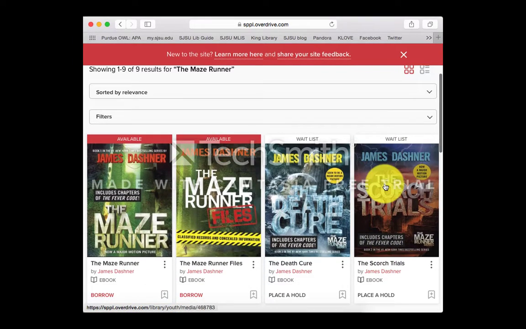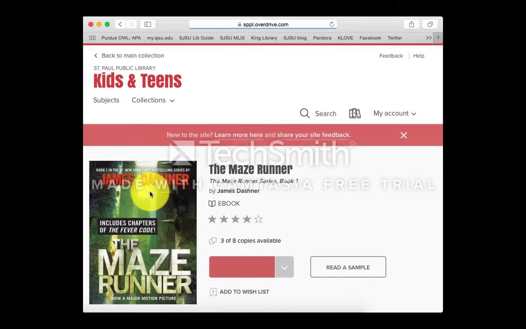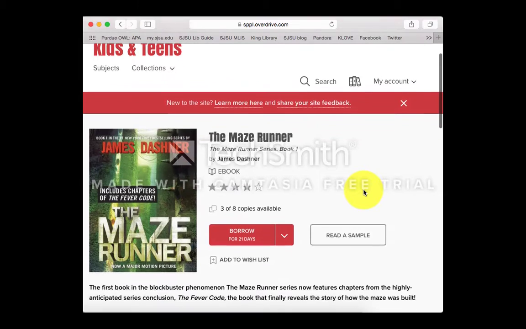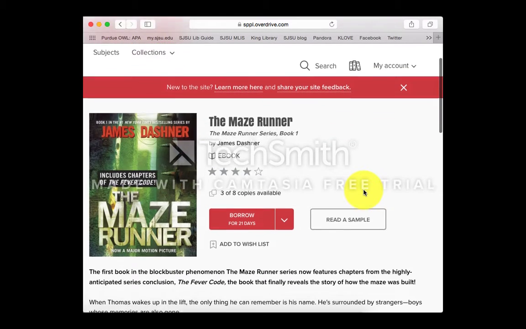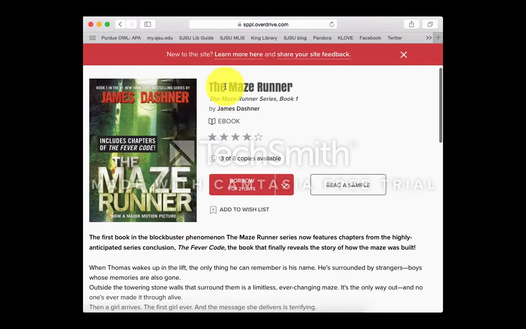So if I wanted to go into detail about the Maze Runner, this first book in the series, I'm going to click on the book here. And you can see then this is the book page. So it will give you up at the top here the title, you can see the author, it's in an ebook format. Now this has been rated traditionally 4 stars out of 5,